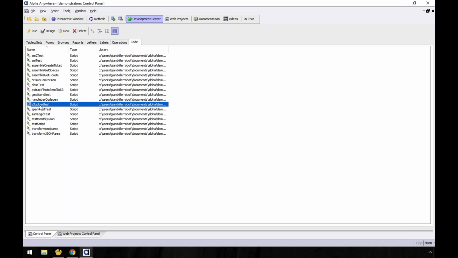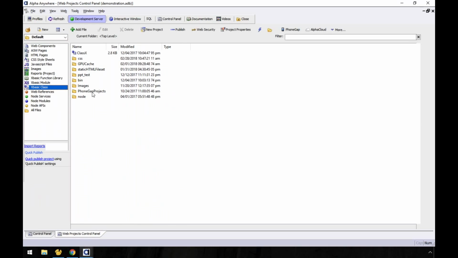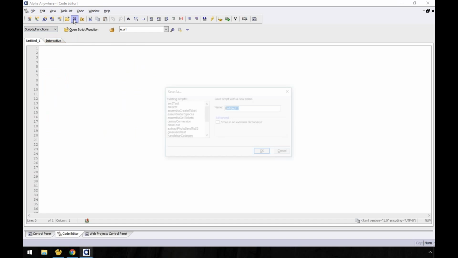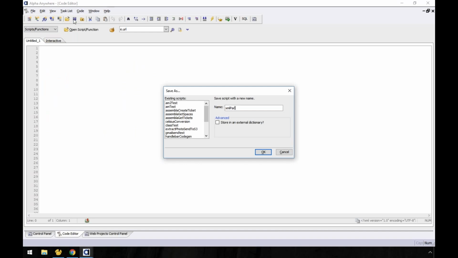And then once I have it working, I definitely put all of my code into XBasic classes, because that's where they need to go for many reasons, which I won't go into now. But this is a great place just to write little scripts. So I'm going to go ahead and click New here, create a new script, and save it. I'm going to call it XML parser.